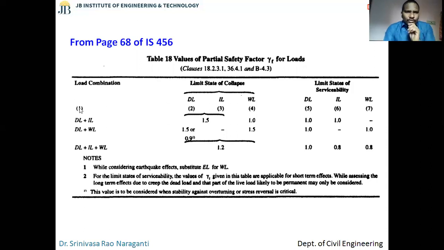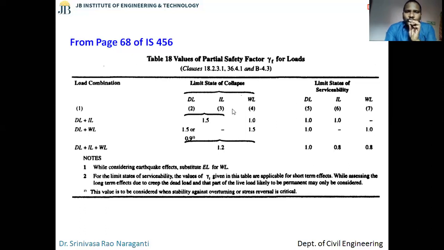If you are using a combination of dead load and live load, then we always use a partial safety factor of 1.5. We multiply with a load factor of 1.5. If you're using wind load, we multiply only with 1. Similarly, if you are using dead load and wind load combination, it's 1.5 or 0.9. If we talk about serviceability aspects, we always take 1 in most cases, except for three combinations, when dead load, live load, and wind load are all acting, where we take factors differently based on what kind of load you are using in the combination, in case of limit state of serviceability.